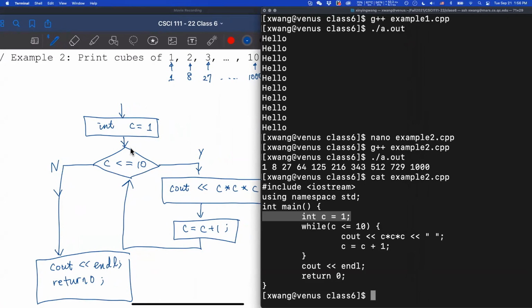Because we need to print the cubes from 1 through 10, including the 10. So your question will be, is C less than or equal to 10? And so it will print out C times C times C, or you can use the caret. And then we will increase it by 1.